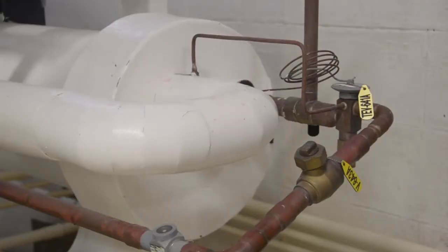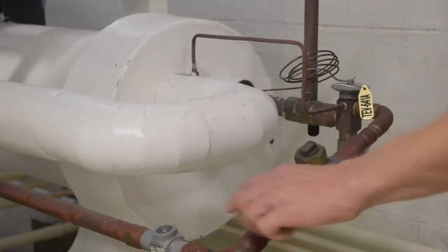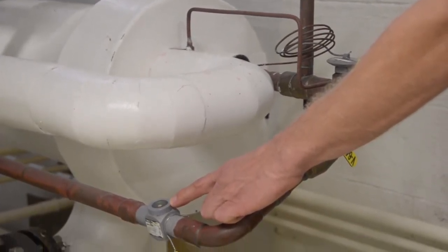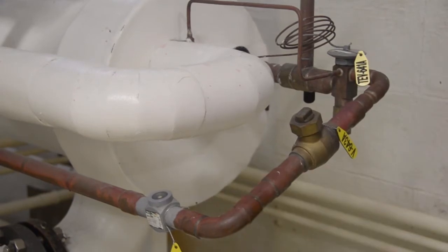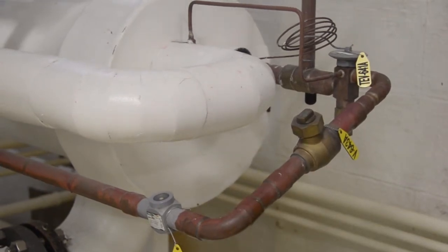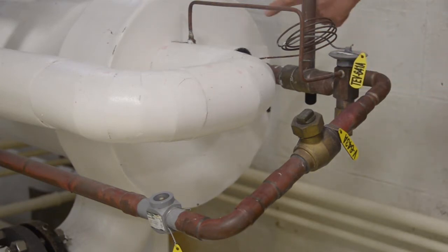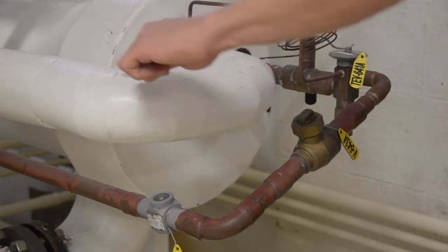Okay, in this shot you can see we have a liquid line coming from our condenser. There's a sight glass here where you should be able to see the liquid Freon. Sight glass should normally be fairly full of Freon. You might see the odd bubble. And the liquid will be coming through our thermal expansion valve. You can see the tag here. And evaporating, expanding and boiling off into our evaporator and returning as gas through this line